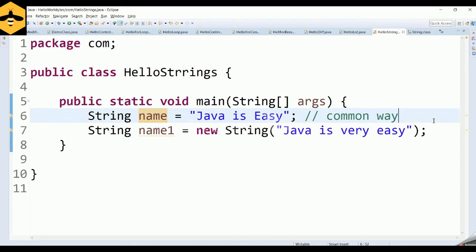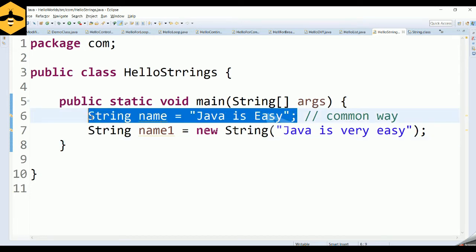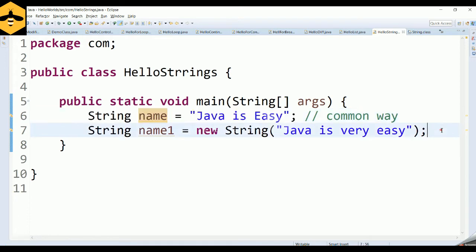So if your requirement is such that you need to create a new string object every time, then you can make use of the new keyword. Else, if you are fine with an existing object getting assigned to your reference, then you can make use of the most common way, the string literal. This is the basic difference between creating the string using the string literal and by making use of the new keyword. Now let's jump into the actual question of why strings are immutable in Java.